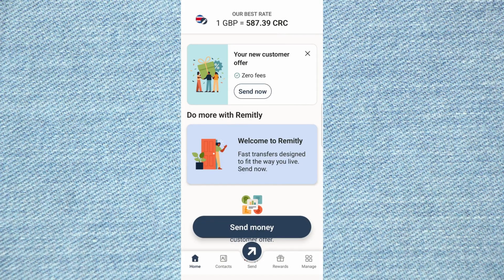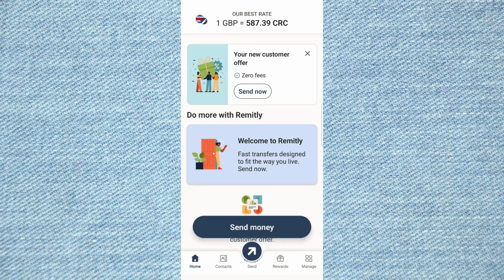In today's video, I'm going to teach you how to send money to Jordan with Remitly. To get started, open your Remitly account and make sure you're signed in. Once you're on the main screen, look at the country shown at the top of the app or website. Tap or click that country selection area and then choose Jordan.